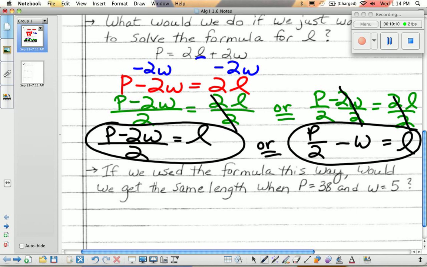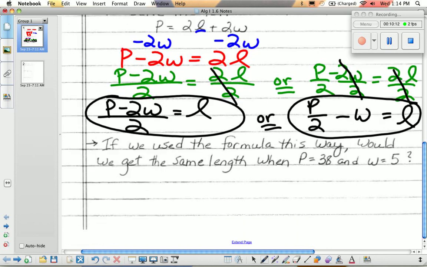Okay, now I just want us to see that in reality here we still have the perimeter formula, just rearranged. It's still the perimeter formula, just rearranged. So if we use the formula this way,